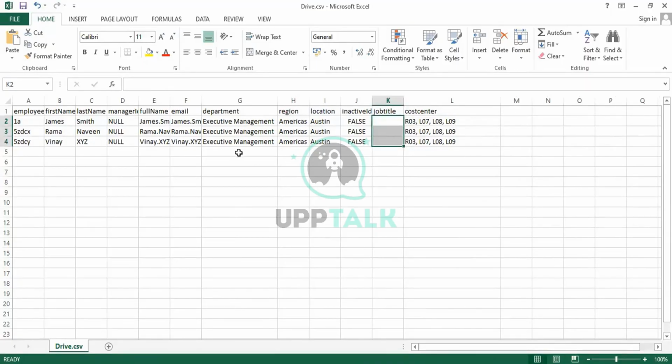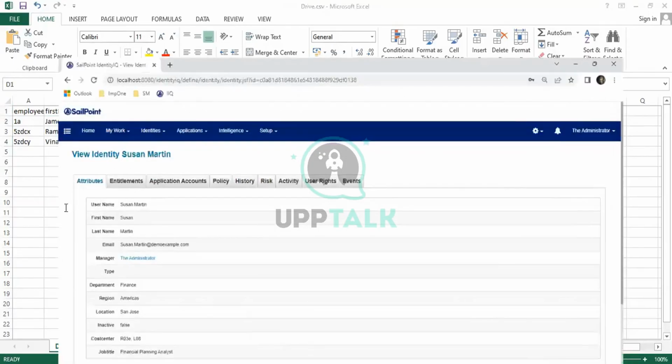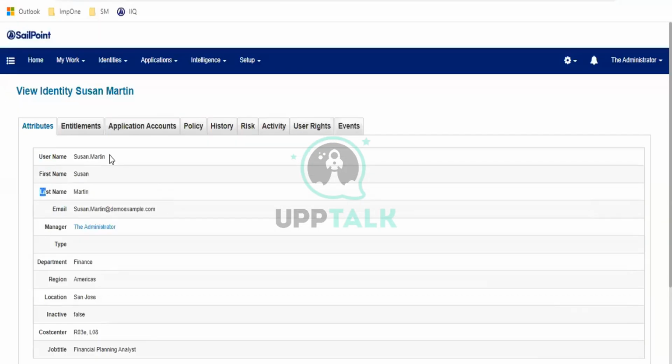These kinds of attributes the client will use. For reference, I have added them here. Does that make sense? Standard attributes are first name, last name, manager. We have seen here username, last name, image.